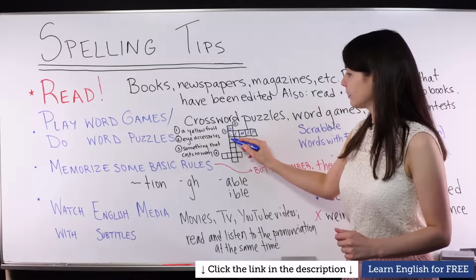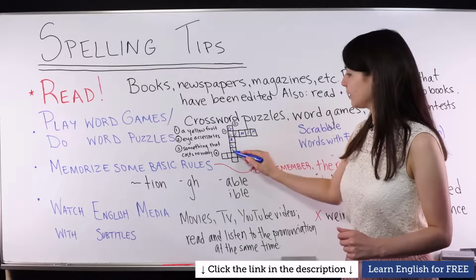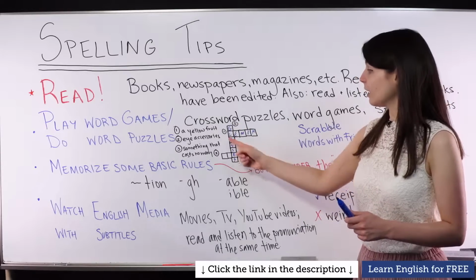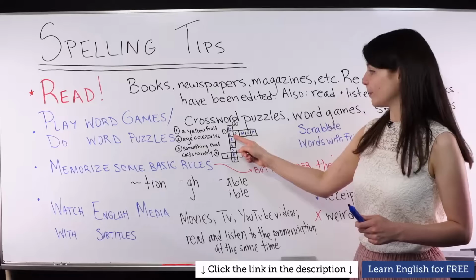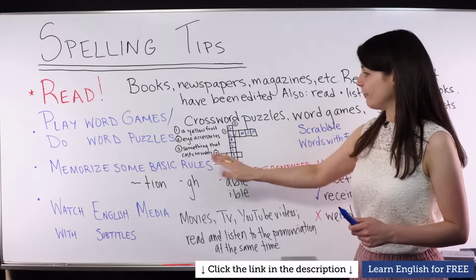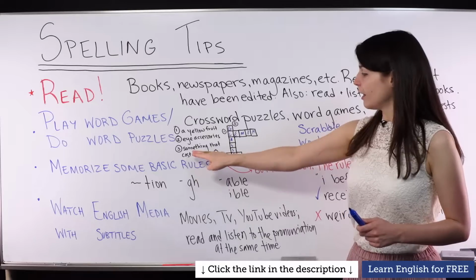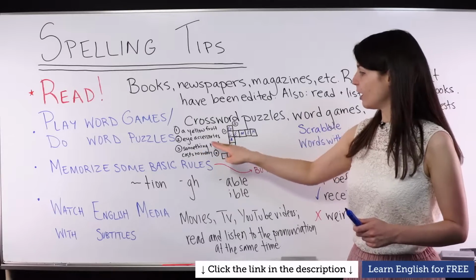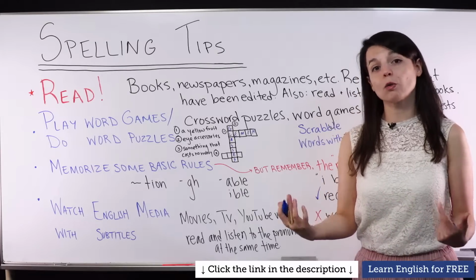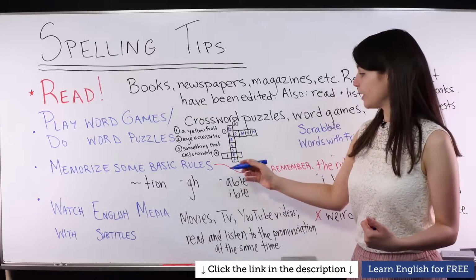So we write glasses with one letter in each box, and it fits here. It also fits with the L from lemon from our first clue. So glasses is here. Finally, the last clue down here is something that costs no money. A word we can use to describe this is free,